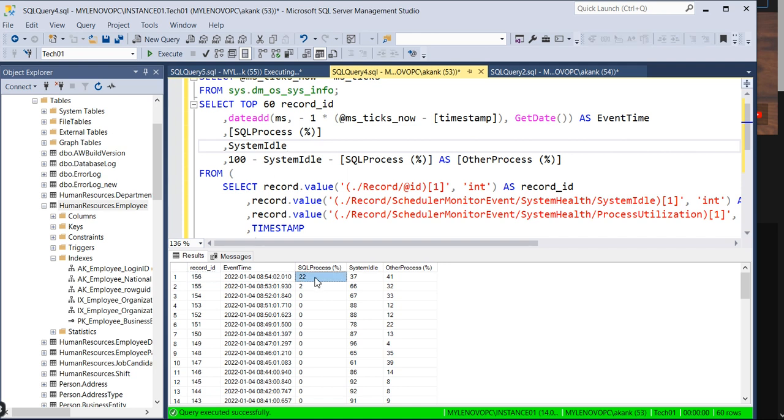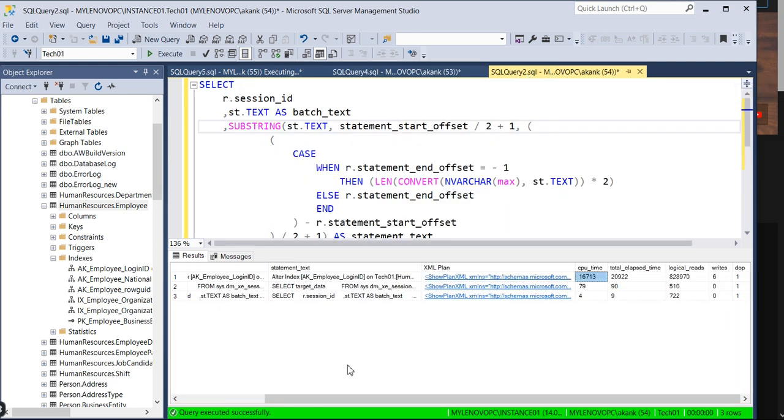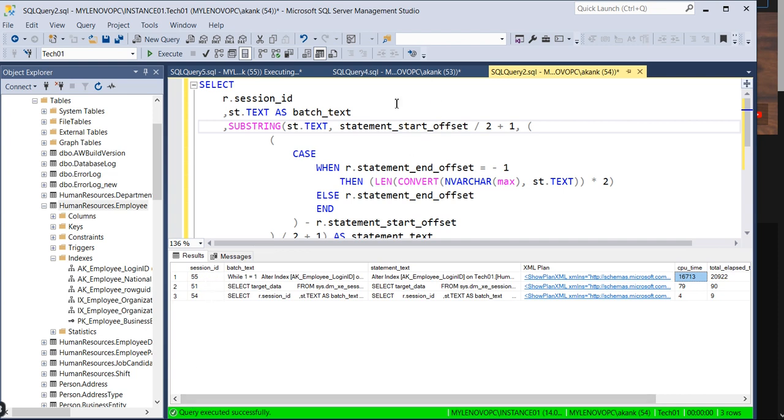Now you can see the SQL process is now 22. Earlier it was 0. When it started the load, it took more CPU. Now when you identify the queries, I could kill the session right away since it's my lab, there is no issue. But make sure you don't kill the session without permission. Killing the session is not a good thing. You need to share the query, the execution plan and the resolution steps from our side with the developer, so they can tune the query and the CPU consumption will be less.